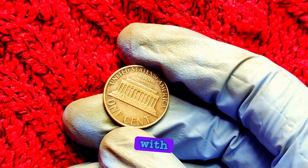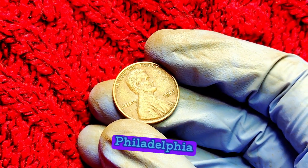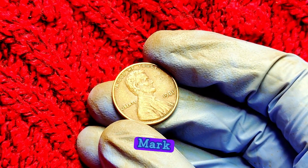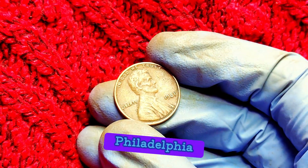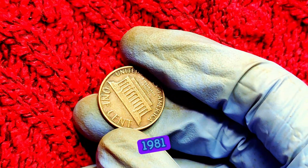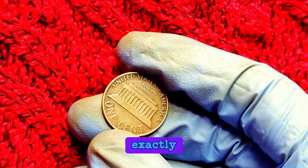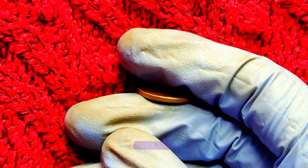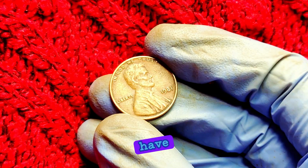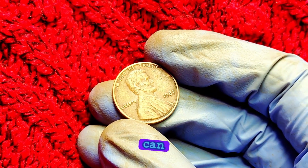Act 1 begins with a simple fact that sounds harmless enough. In 1981, Lincoln cents struck in Philadelphia carried no mint mark. That's normal. Philadelphia pennies didn't use a P back then, so every 1981 cent without a mint mark looks ordinary. That's exactly what makes this story so unsettling, because collectors have learned, sometimes decades later, that ordinary years can hide